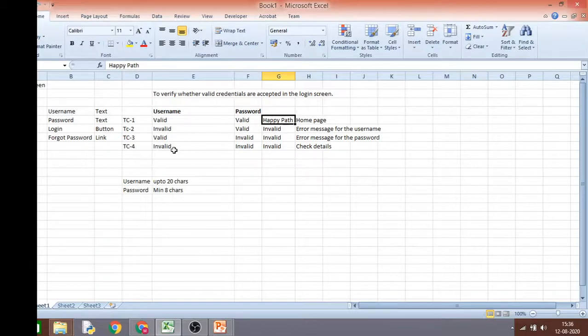So the test cases will be the detailing of your test scenarios, but the test scenarios are the bigger pictures. In the next video, we will see how the test scenarios are designed, and from the test scenarios, how you derive the test cases.